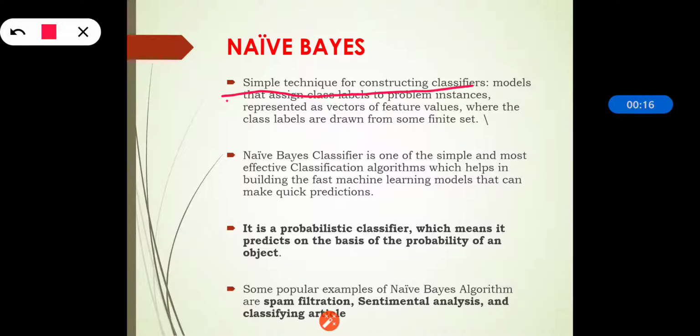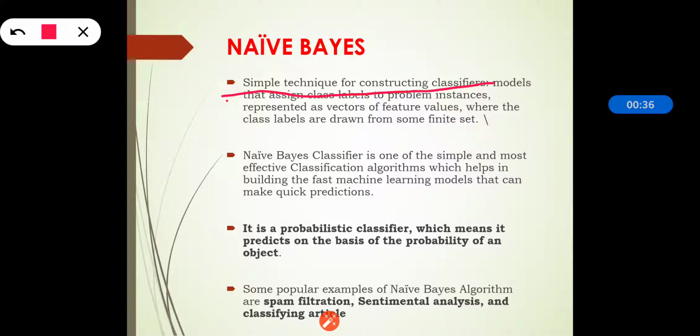It is a simple technique which is used for constructing the classifier, meaning models that assign the class labels to the problem instances, and they are represented as the vector of feature values where the class labels are drawn from some finite set.